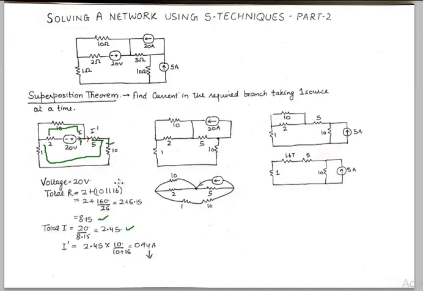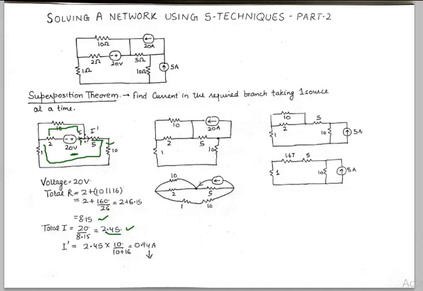So in the first case, we know that the total voltage is 20. The total resistance faced by this 20 volt voltage source is of course this 2 in series with this voltage source, and these 2 branches are parallel. The first parallel branch consists of a 10 ohm resistor, and the second parallel branch consists of a 16 ohm resistance. So the total resistance is 8.15. The total current out of this 20 volt voltage source will be 2.45,